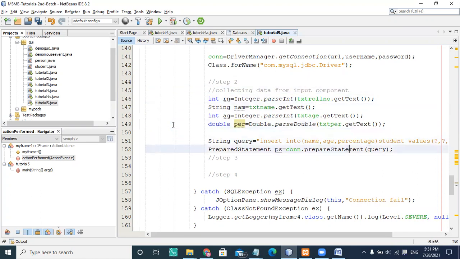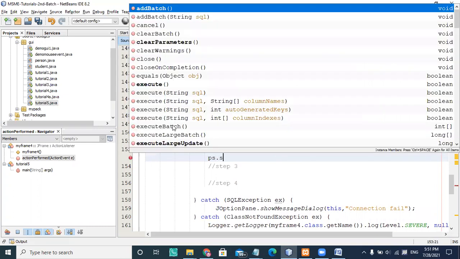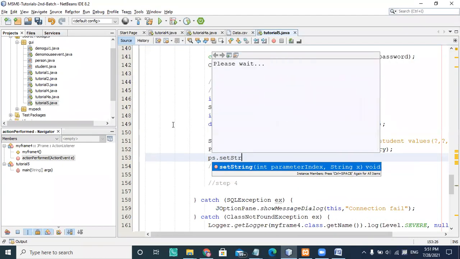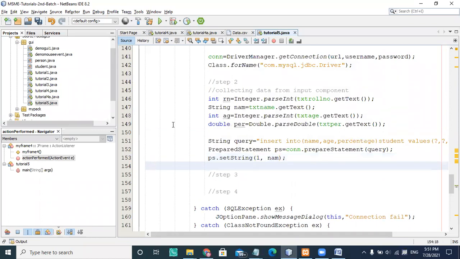Now I want to pass this to my prepared statement. So there is a PS object, and I'm saying I want to set the first value. It's a string kind of data, and I just want to put the name here, because the first parameter is a name.